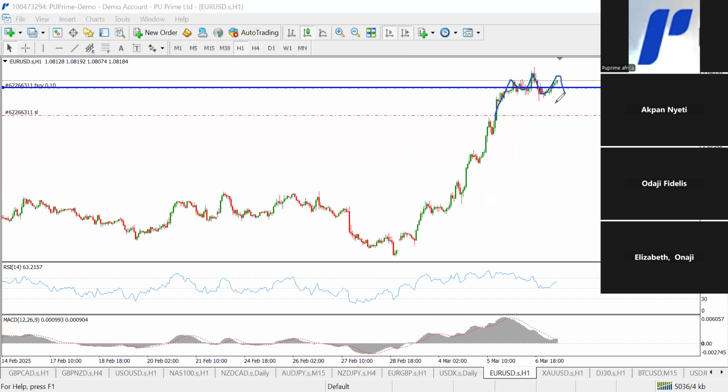All right, this is what I would say to that person. If price breaks out below the neckline region, then you can look at taking a sell. But to be honest, it's still a tentative analysis. The main analysis will be in the afternoon when we're close to the news. But since you want an analysis for now, this is the best I can give. So we have a head and shoulders forming, and price may break out downwards. That's when it breaks below this support zone. If candles go below the support zone, it means the market's in a bearish trend. Take a sell. All right, so that's for Euro USD.